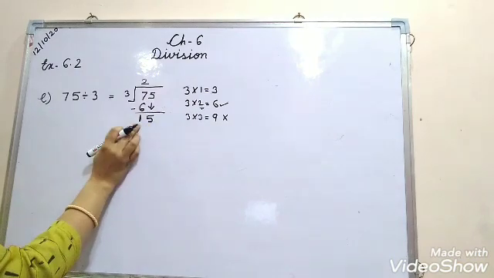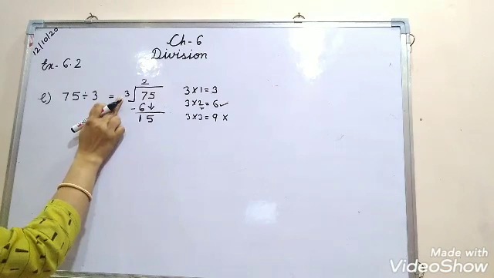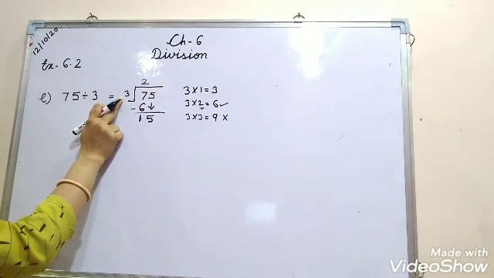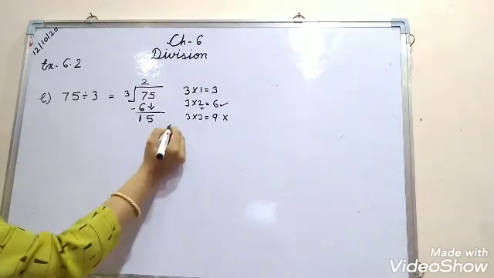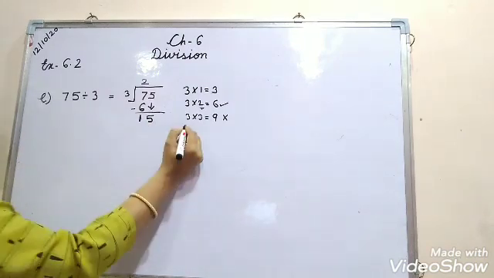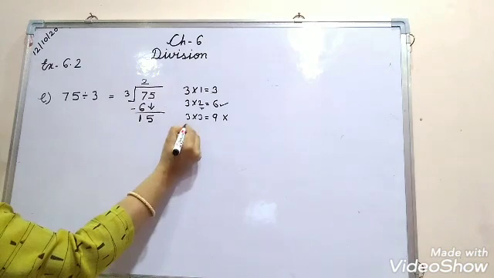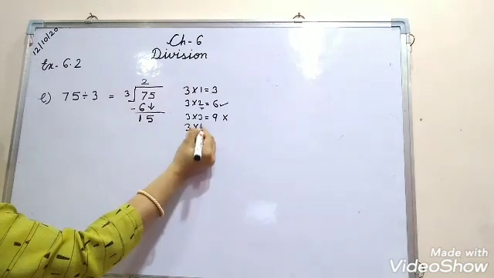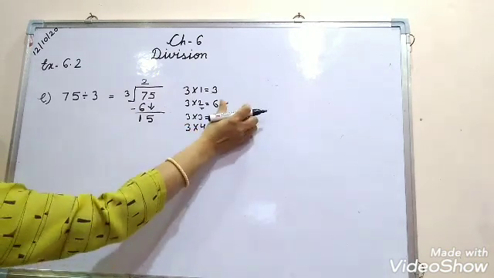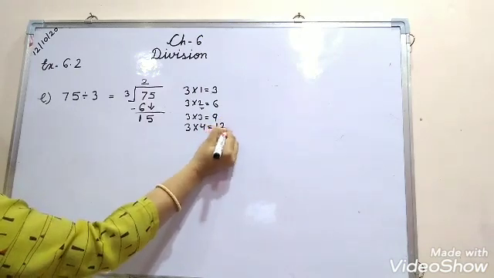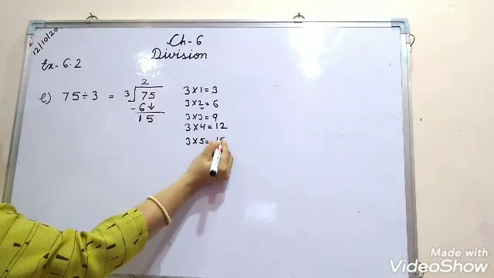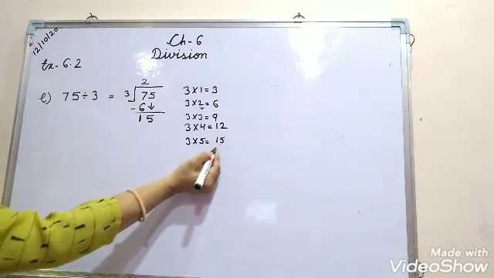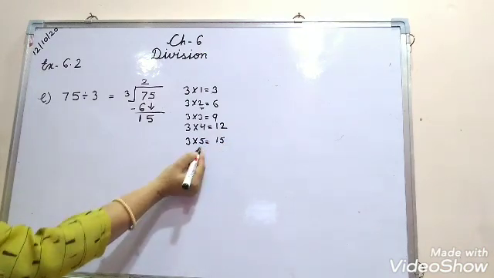Now we have 2 digits, 1 and 5. Okay. Here you can see that 1 is less than 3, so it cannot be divided separately. So we will divide 15 together. So what will we do? We will write the table of 3 to find 15. That is 3 fours are 12, 3 fives are 15.